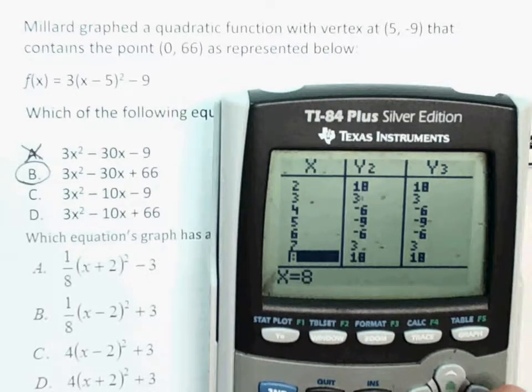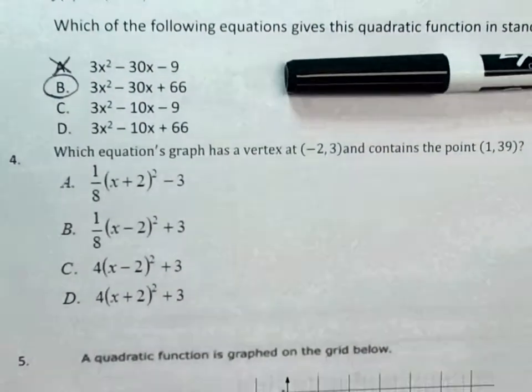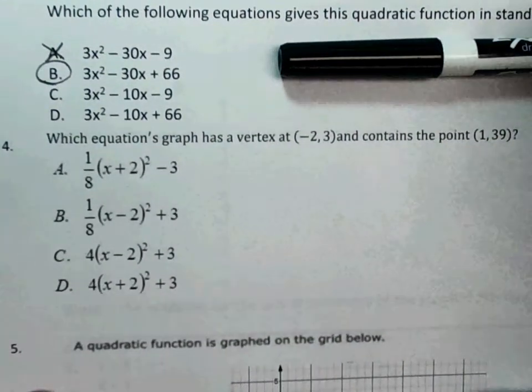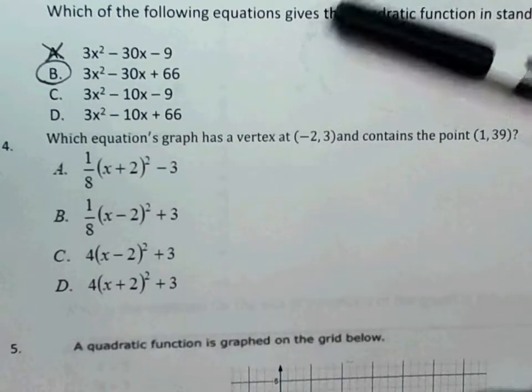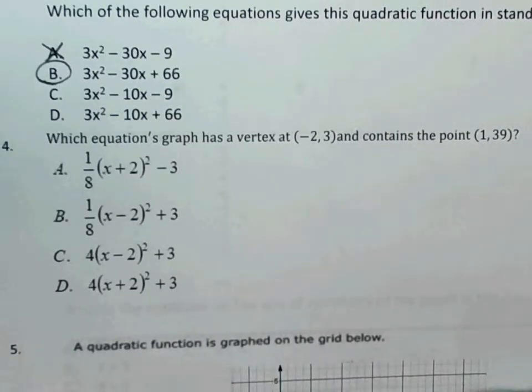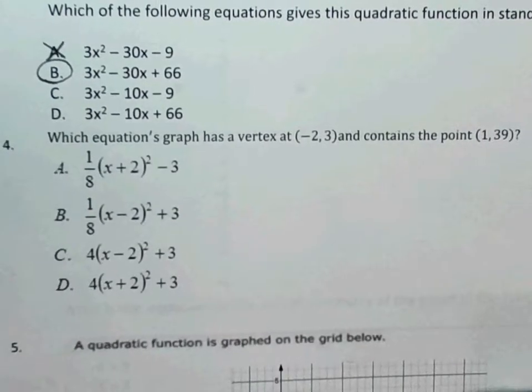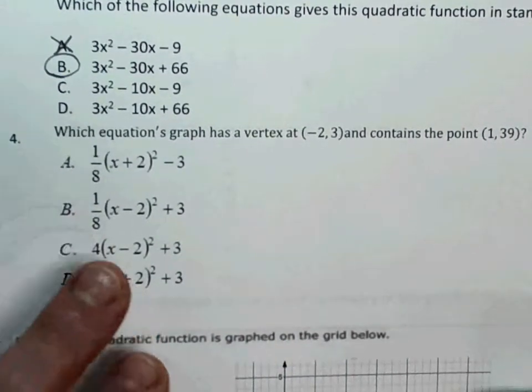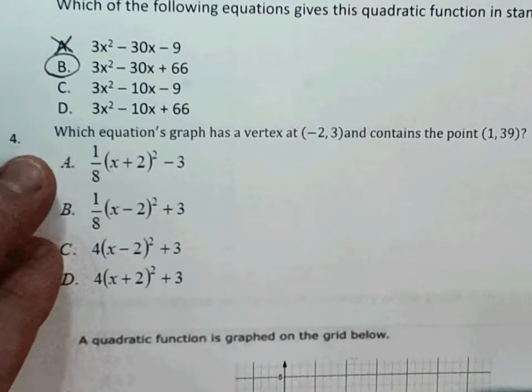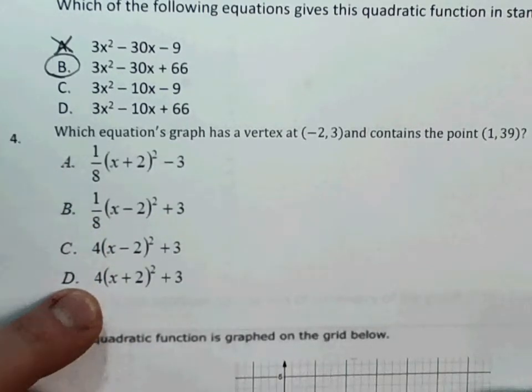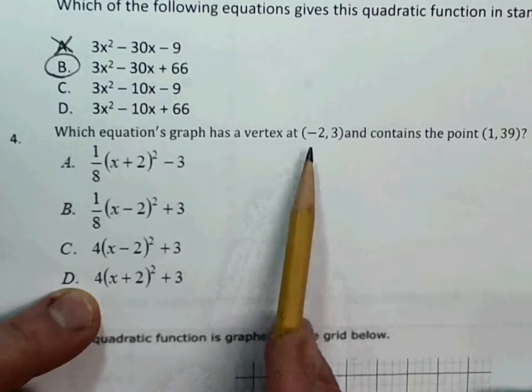Problem number 4, which equation's graph has a vertex at -2, 3 and contains the point 1, 39? So we're going to do the same thing as we did over and over again, except we have nothing to compare with. We're just going to type this in our y1 and see if it contains those points,